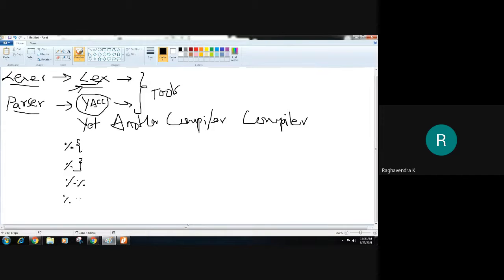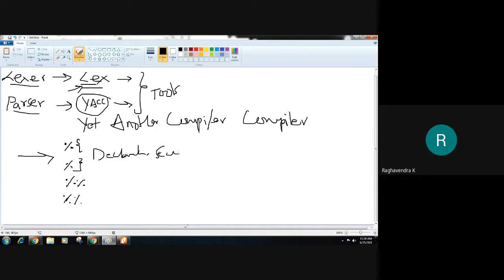Here also we have double percent, and separating the second section from the third section is another double percent, followed by one more section. The same structure exists here also, with a few changes, so let me highlight those changes. The first section is as usual called the declaration section.